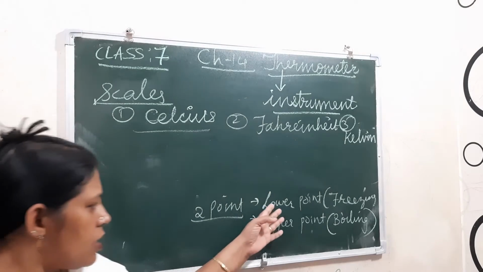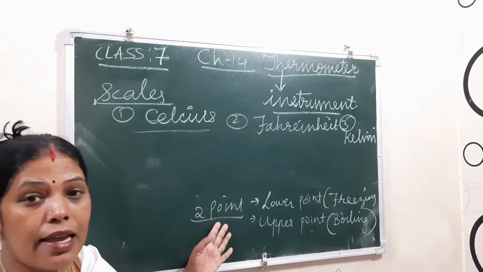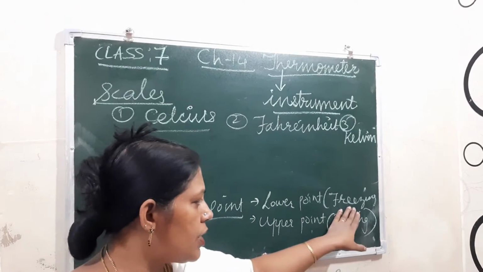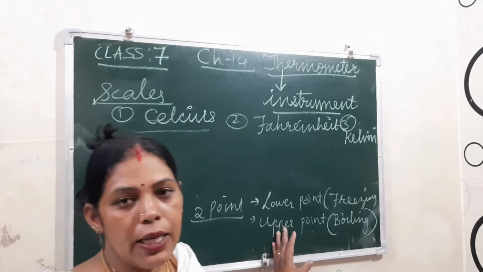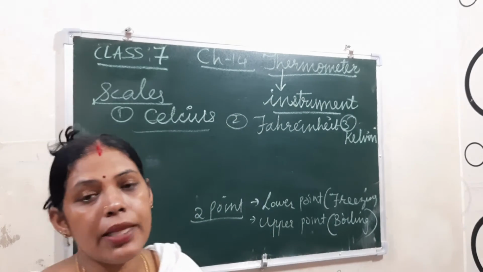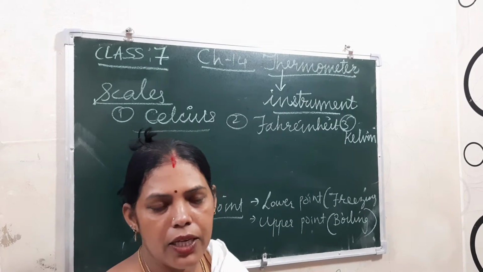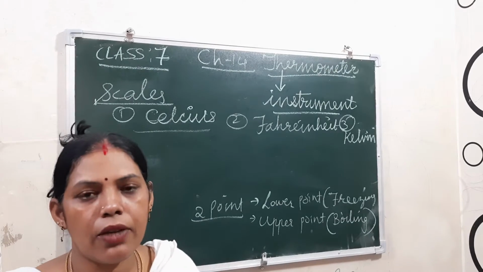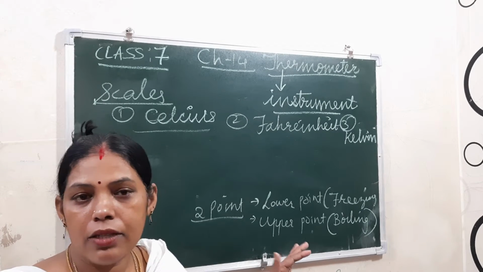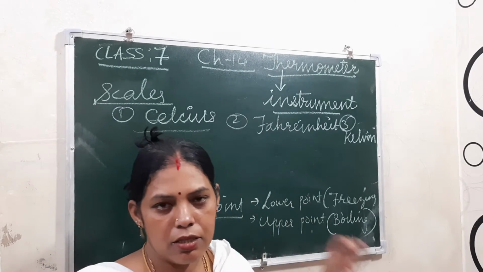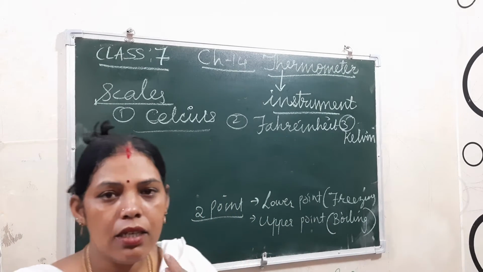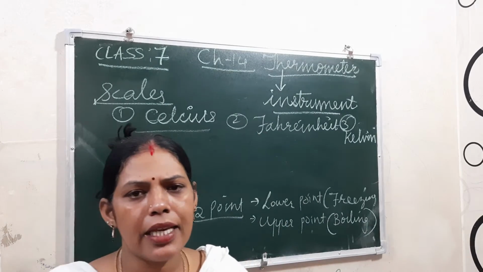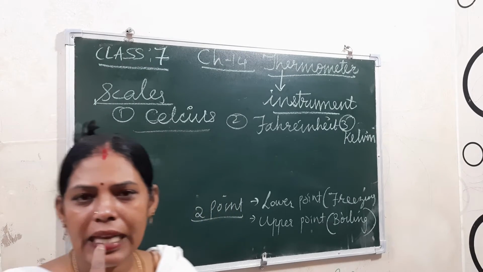Okay, what are the 2 points to take the scales of the thermometers? One is the lower point, that is the freezing point, and the upper point, that is the boiling point. In between only the normal temperature comes. So we can say whether the body has a fever. When we go to the clinic with a fever, they use this thermometer and keep it under our tongue, or under the armpit, depending. For small babies they keep it under the armpit because they will not keep it inside the mouth.